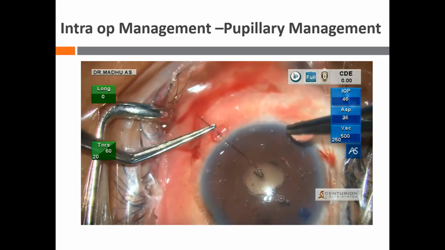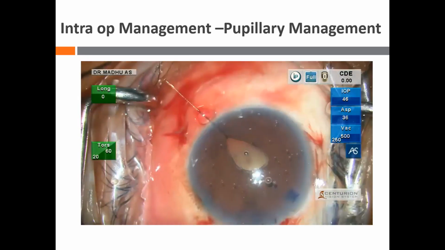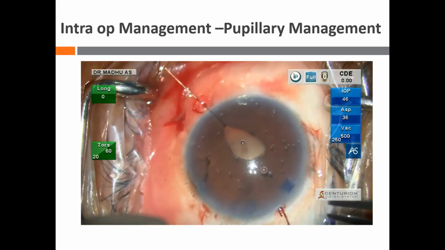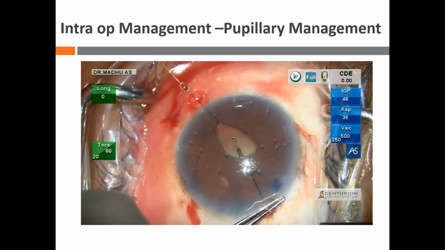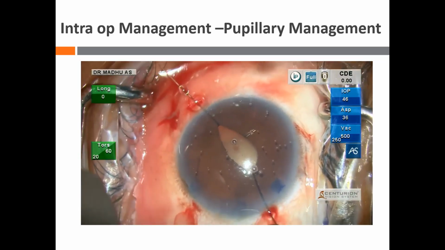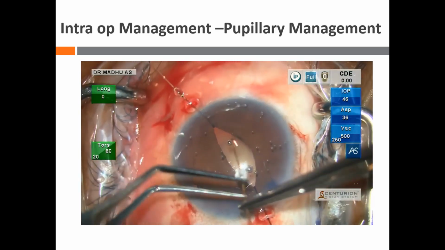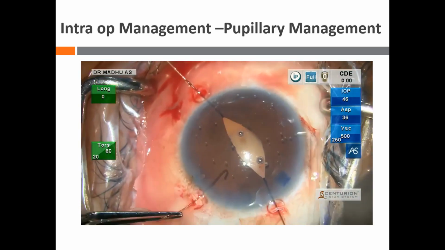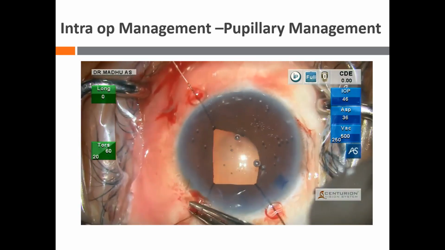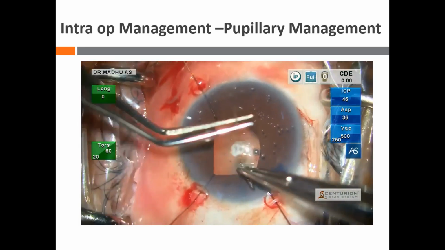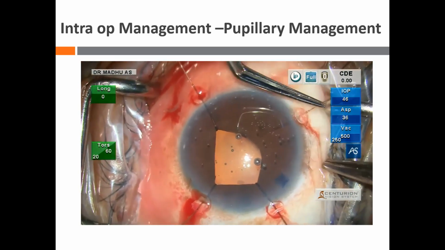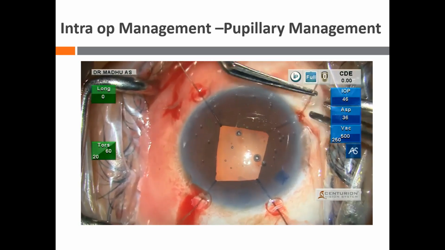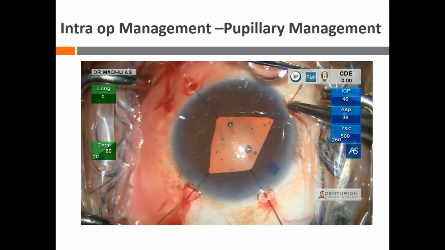So it is always better to go for self-retaining iris hooks. Here we introduce iris hooks through sub 1 millimeter paracentesis wounds. Usually it is introduced in a diamond pattern and we use 4 iris hooks. And if needed, one more iris hook can be introduced through the main tunnel to prevent iris tissue prolapse throughout the surgery. So you can see that your iris is intact and not ripped apart because of stretch pupilloplasty.